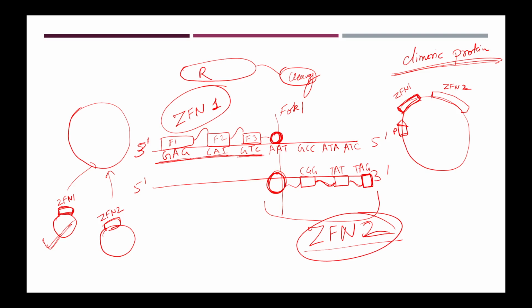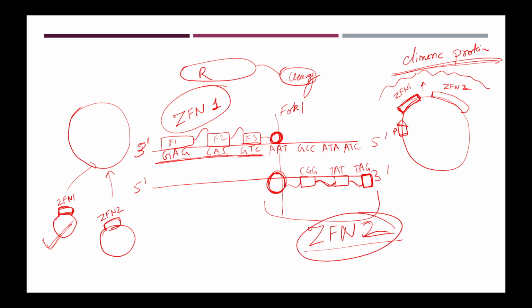Put them under the same promoter so that expression will take place in your organism. Okay, but you don't want a fusion protein to be made, because they are placed under the same promoter, in a sequential manner. What will happen is, once this particular protein is made, along with this, the other protein will also be made. So that is called a fusion protein. Two proteins can fuse with each other, and fusion you don't want. You want the separate monomers so that they can recognize two separate sequences. By recognition, they make a dimer, and that will be the active catalytic enzyme that will create a cut at the